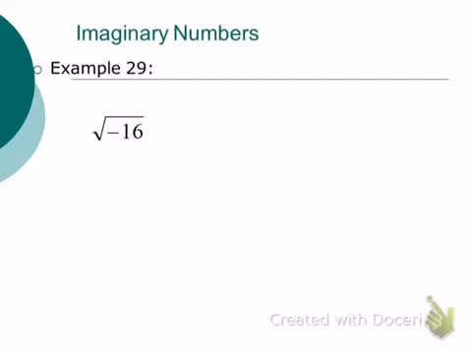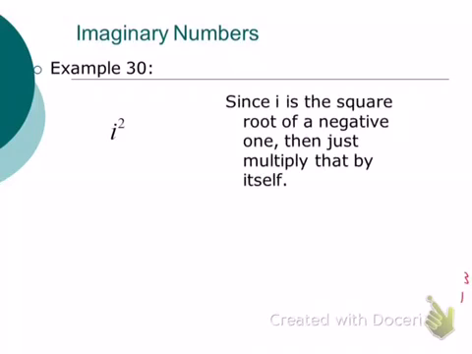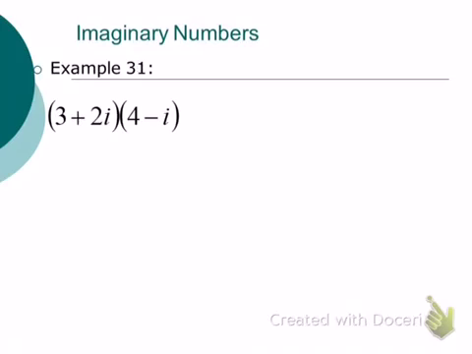Okay, so let's go back to this and have a look at the square root of negative 16. We just did that one in the context of that other problem. What's the square root of negative 16? 4i. And then we looked at i squared already. What is i squared? Negative 1. It's equal to negative 1, because the square root of negative 1 times the square root of negative 1 is just negative 1. So getting a little bit more complicated here.